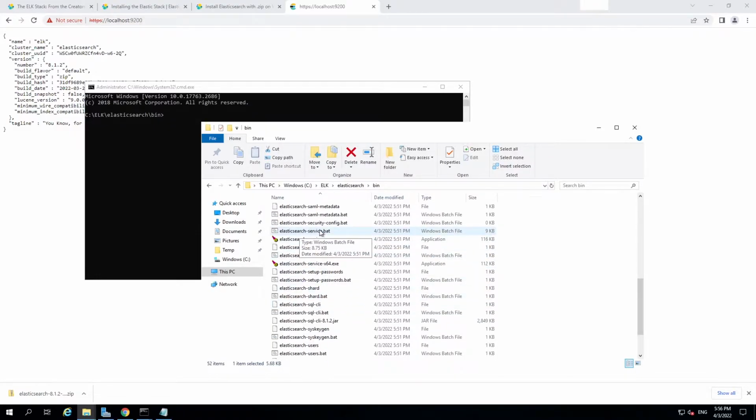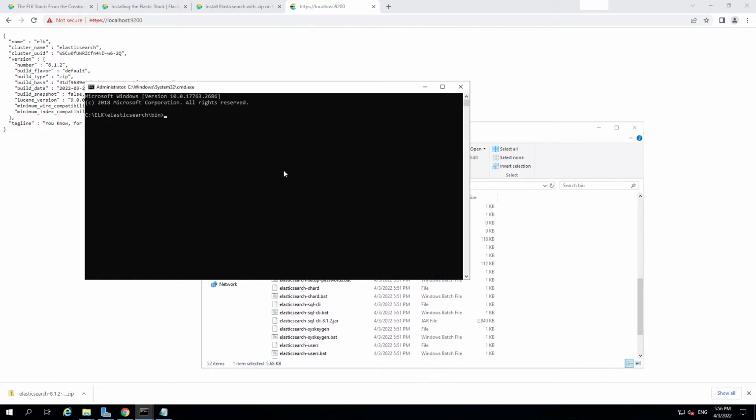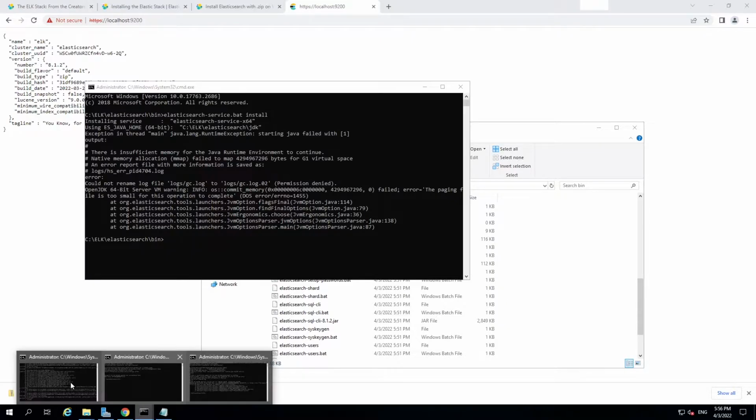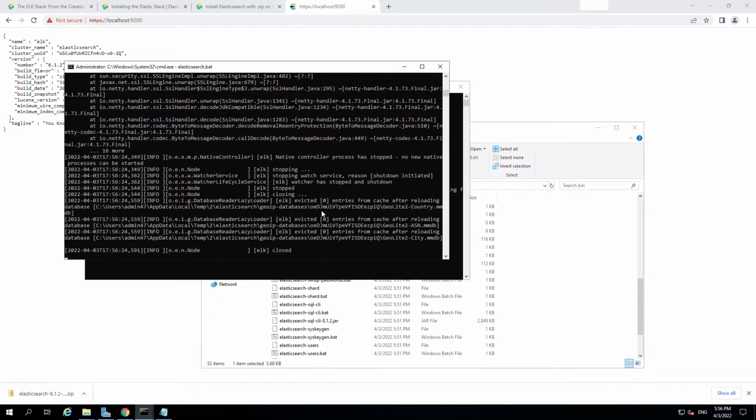So I'm going to call elasticsearch-service.bat with install as a command, but I think it will fail because we already have a running instance of Elasticsearch in the background. So let's open the CMD where we started Elasticsearch, and we can just press Ctrl+C there to stop Elasticsearch. Okay, so I have pressed Ctrl+C, and let's press Y to confirm that we want to stop Elasticsearch, and then let's run our